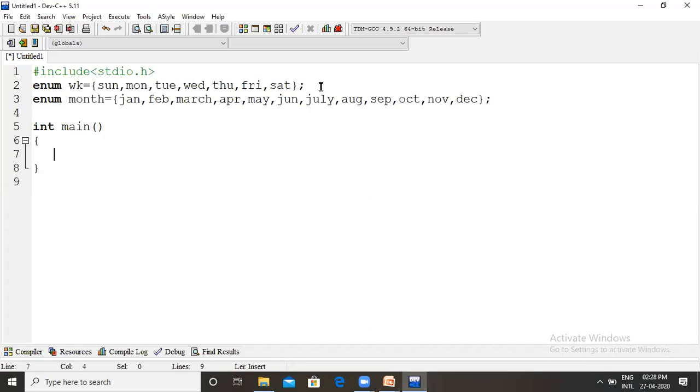Week is a data type, and week is the name of the data type. For that purpose, we have to declare a variable for the week. X is the variable for week. It can provide the accessibility of 7 days.